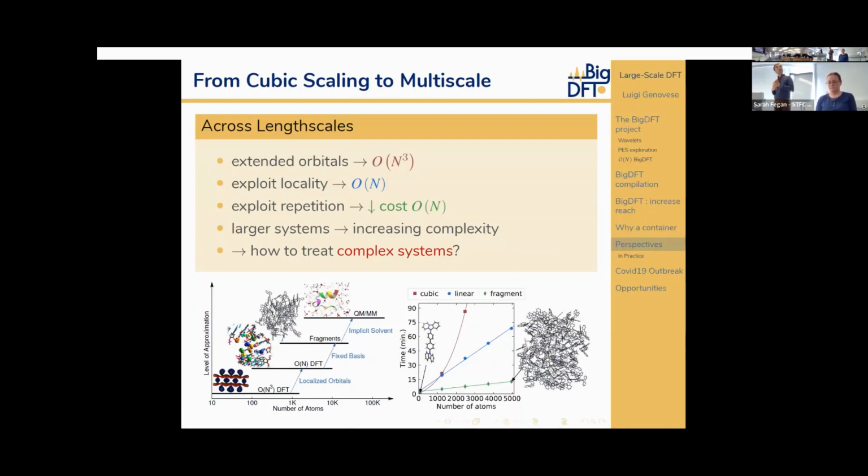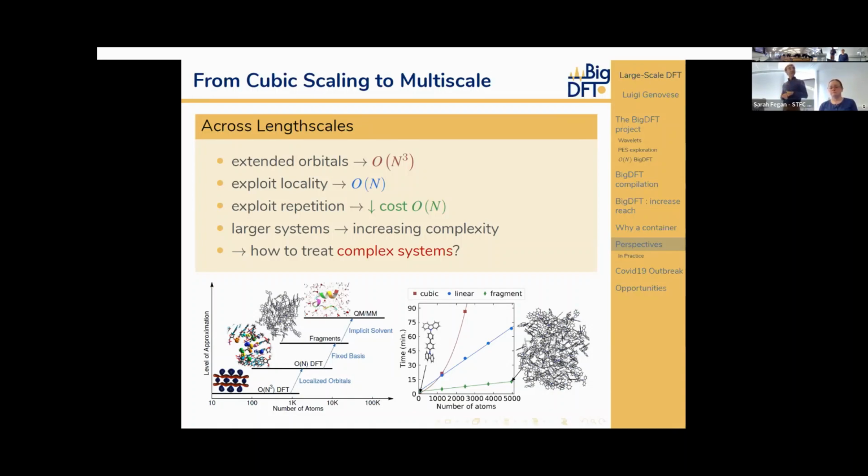The larger we go, the less complex we try to keep the description, because the number of parameters will become exponentially complex. So we have this hierarchy of approaches, starting from the cubic scaling BigDFT and climbing up to the fragment approach. We are also working on a QM approach, where different levels of theory can be combined together